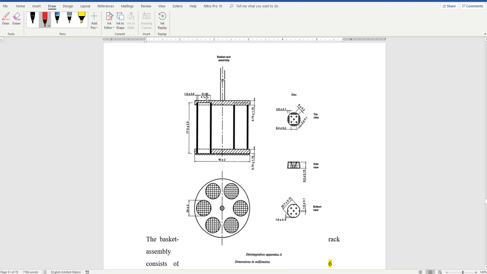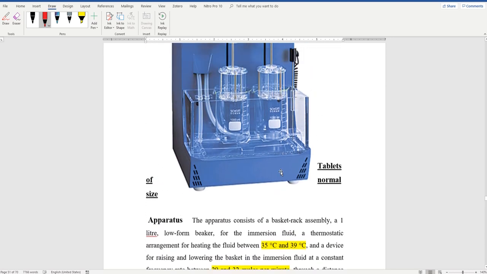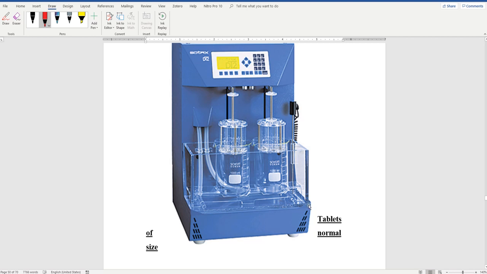So each tube is open from the top, and there is a mesh beneath each tube, and this mesh has openings of 2 millimeters each. Every opening is 2 millimeters. Is that clear? So let's go back here. What you see here is a water bath,